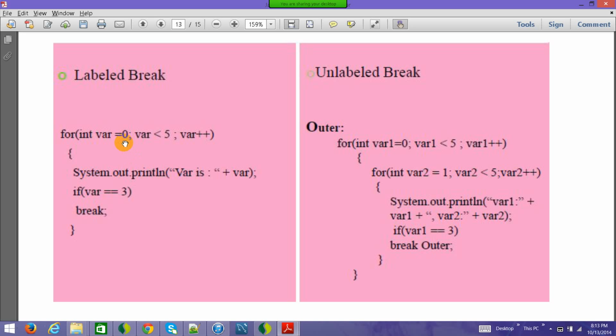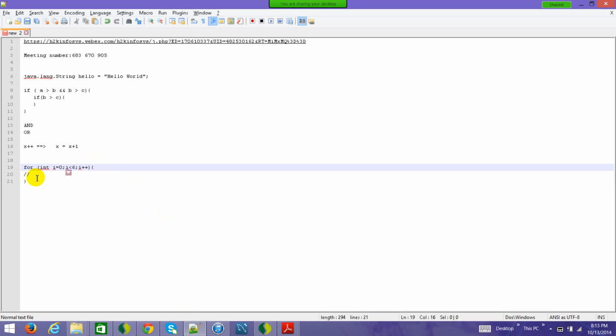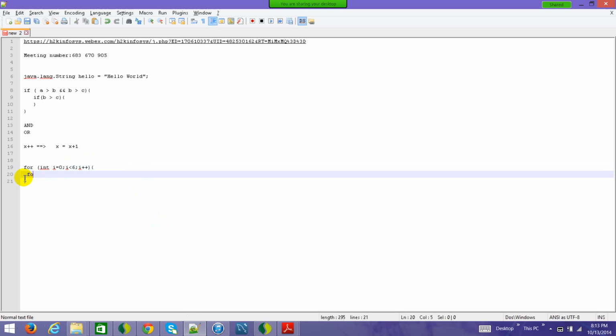Now you can write break like this, or if you had nested loops, I can have a scenario where I have nested fors. So here I have a for statement like this, and inside this I can have another for statement where I am using j. If you have studied maths in your plus two, we had matrix, two-dimensional matrix.